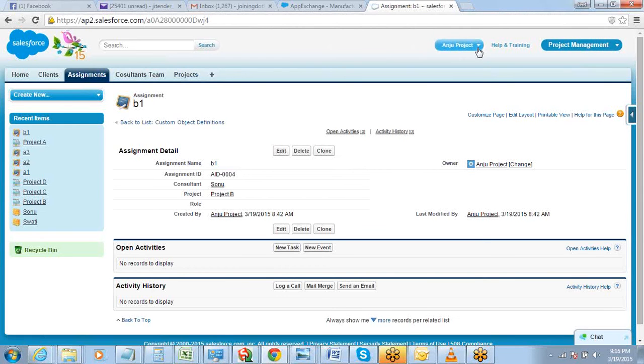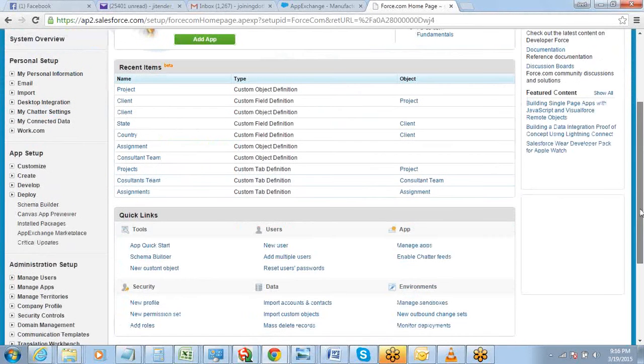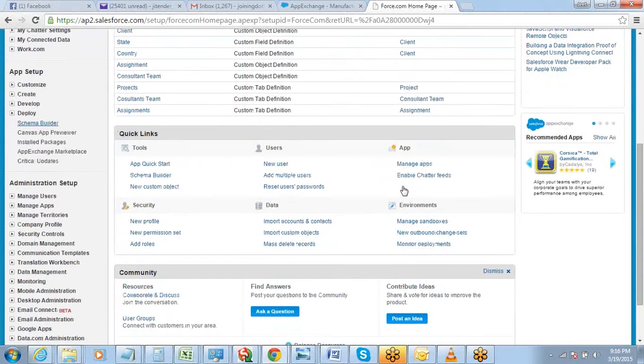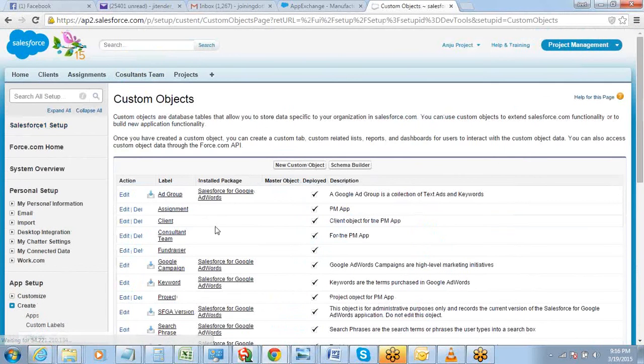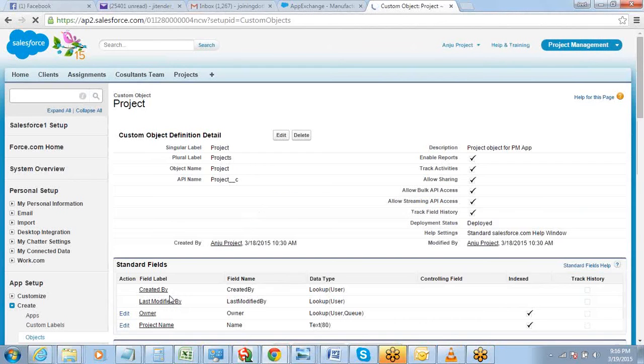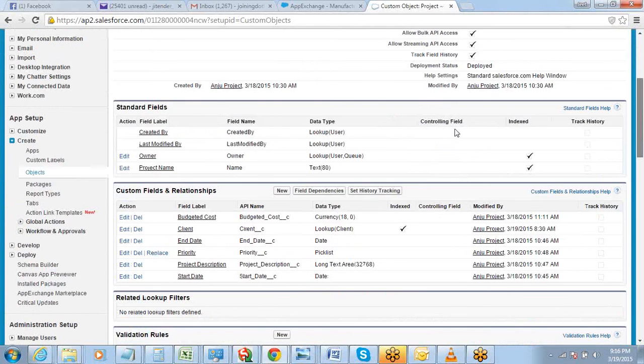For this, you just have to go to setup. I'm sure some of you might already have done this, but let's quickly have a look. Let's say I will create an auto number for projects. So I need to go to the project object, and then go to new field.